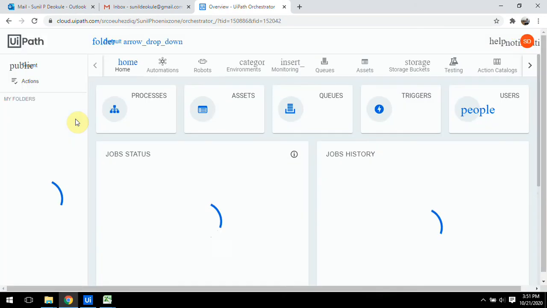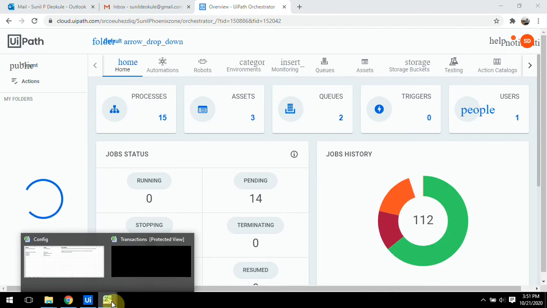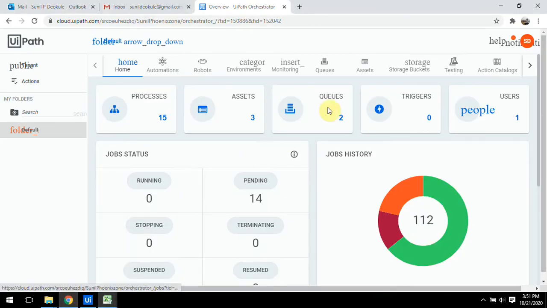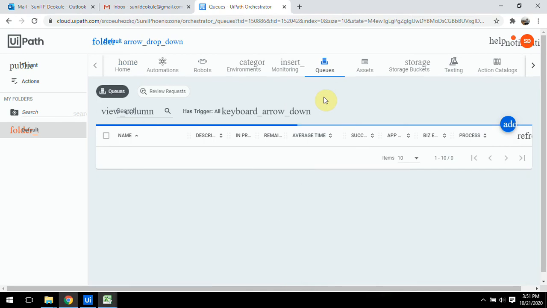Those values are stored in an Excel file, that is the transaction Excel. Here is the queues tab. By using create queue, we can add the queue name.